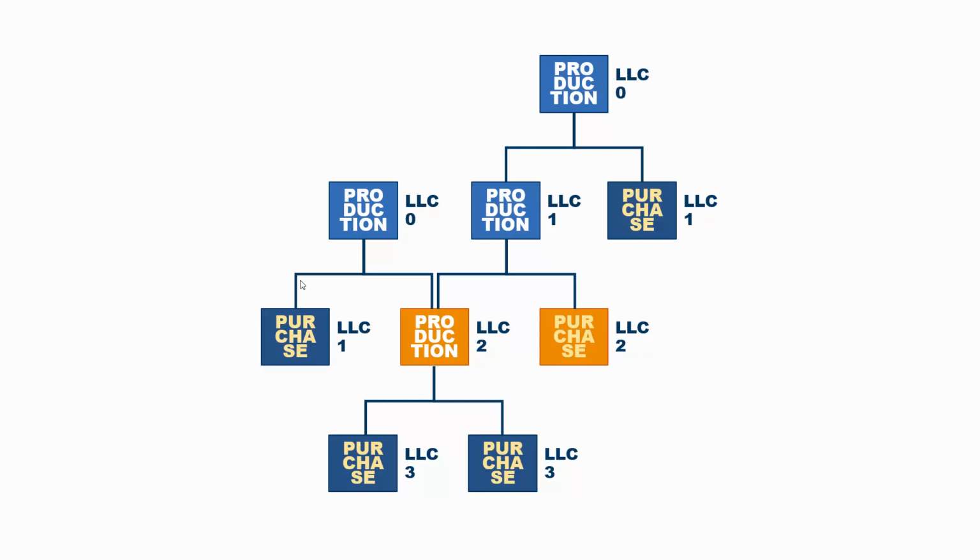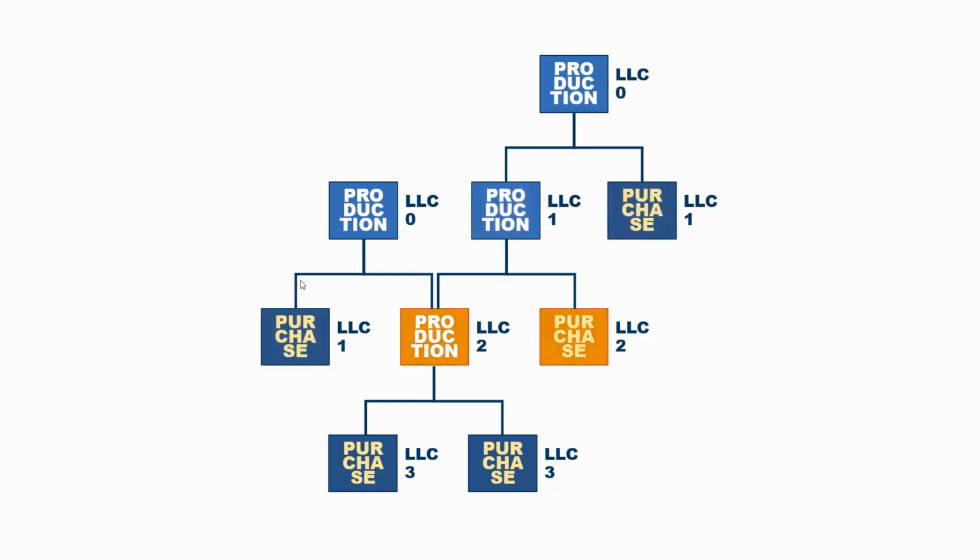So the MRP planning will run in low-level codes, meaning first running here in low-level 0, so everything is planned here, then running low-level code 1, so everything is planned there. And be aware here that some of the parts could be a purchase part, where other parts are production parts, and from an understanding perspective, they could be quite different items.